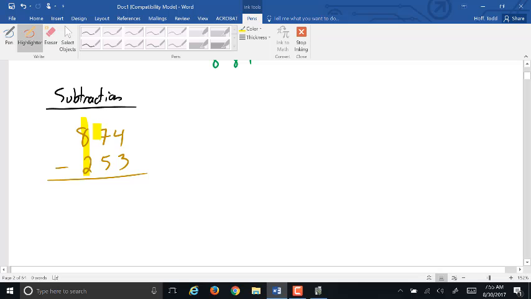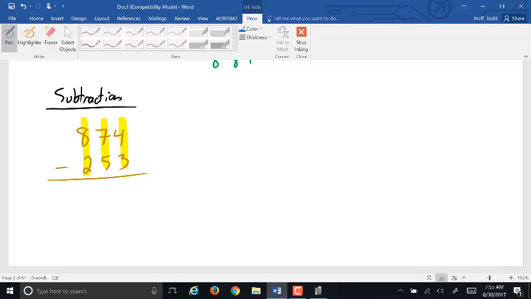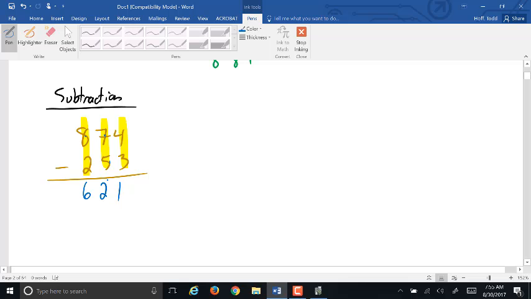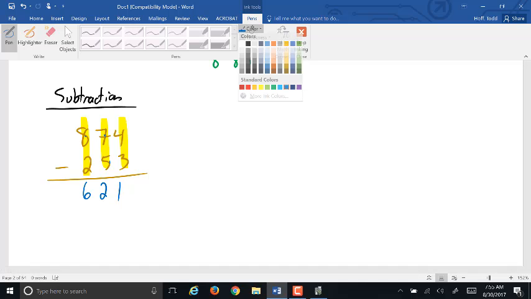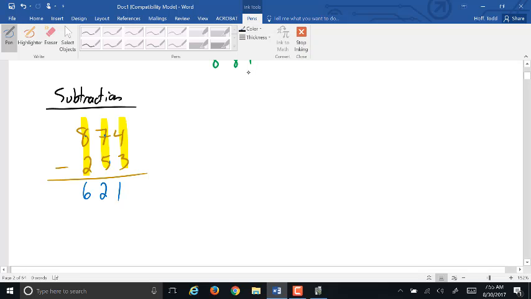When we add or subtract, you line up the columns because you can only combine digits with the same place value. So once it's lined up, we just go ahead and subtract. 8 minus 2 is 6, 7 minus 5, 2, and 4 minus 3, 1. 621. What did I do there that's a little bit off? I did left to right. We usually, when we subtract, go right to left in case we have to